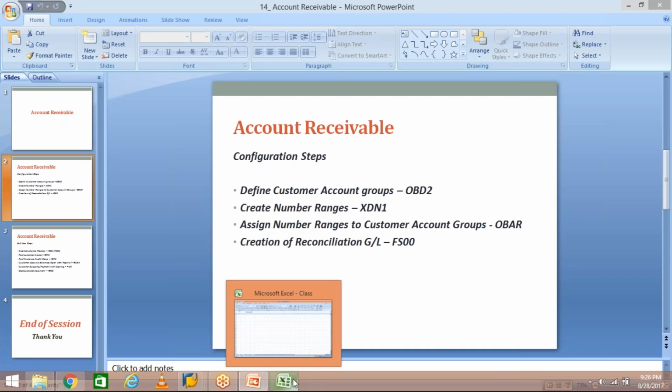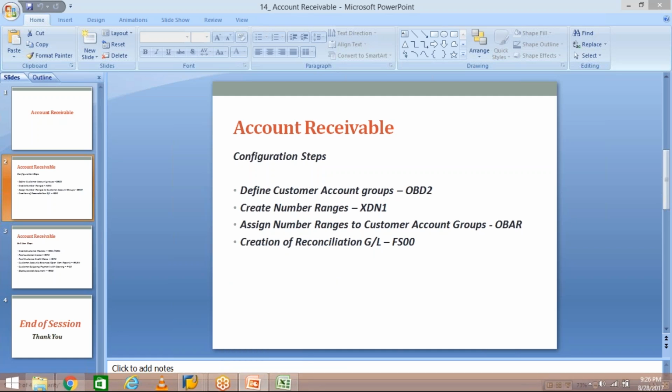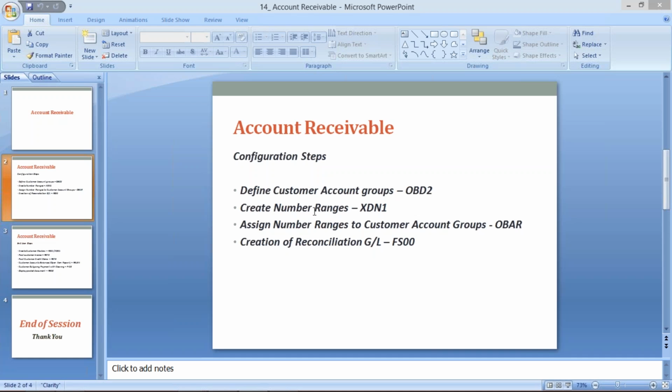Whatever we have done in account payable, the same thing is going to be repeated once again. The only difference is instead of vendor, here we are going to do all this setting for customer, and there are changes in all these transaction codes. Here OBD3 was there for account payable, OBD2 is there for account receivable, XDN1 is there for account receivable, and XKN1 was there for account payable. So likewise,